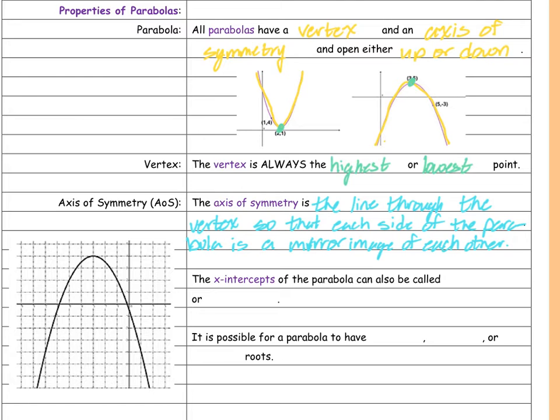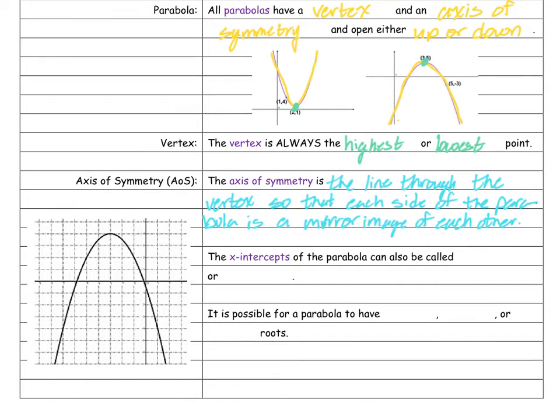So if I'm looking at this picture over here, here's my vertex, right? It's the highest point on my graph. My axis of symmetry is the line through the vertex. So I just want to say it's not this line, because that doesn't make a mirror image. Each side of my parabola has a mirror image, so it's not that line. It's the one that goes this way. It's a vertical line